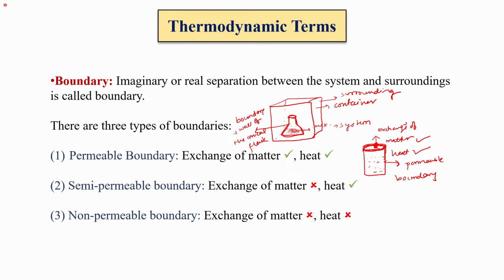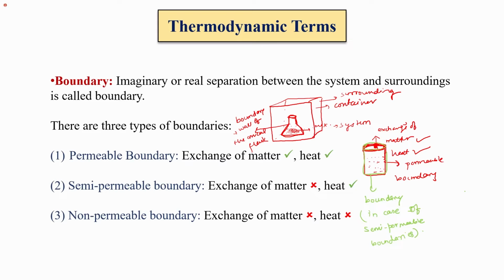Okay, now that we have closed, exchange of matter cannot be done, but heat can be exchanged in this case. So the lid and the wall of this beaker will act as your boundary in case of semi-permeable boundaries. This kind of boundary only allows the exchange of heat, but doesn't allow the exchange of the